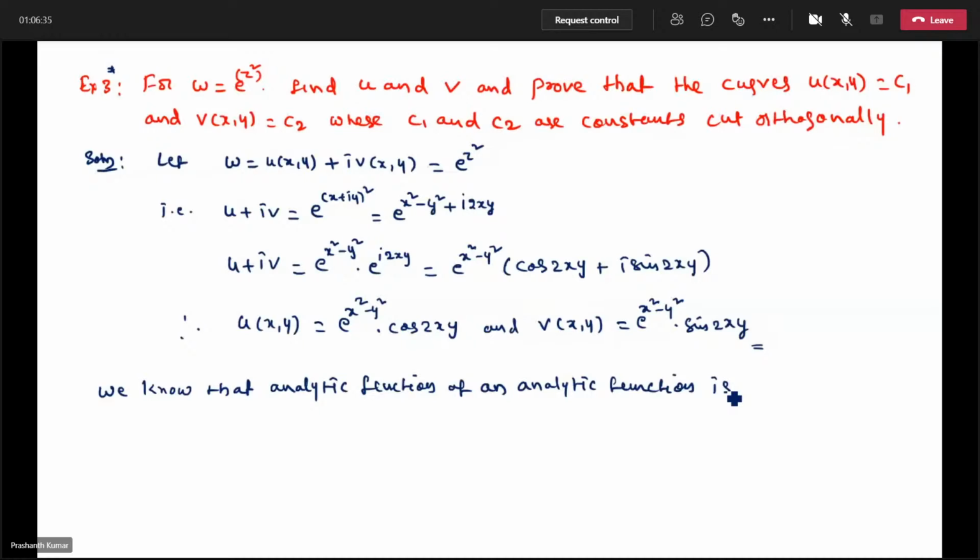Now, the question here: z square is the function I am taking. Since z square is an analytic function,